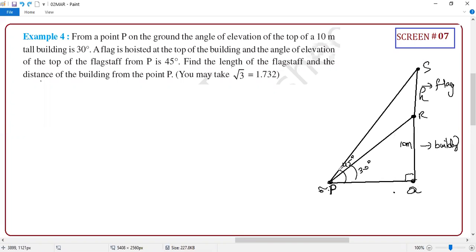Now you tell me, guys, this is 45 degree. 45 degree is a bigger triangle, na? And what is the beauty of 45 degree? Opposite side should be equal to adjacent side. So if your opposite side is 10 plus h, it means the adjacent side is also 10 plus h. Agree with me or not, everyone? What is the reason you will say?